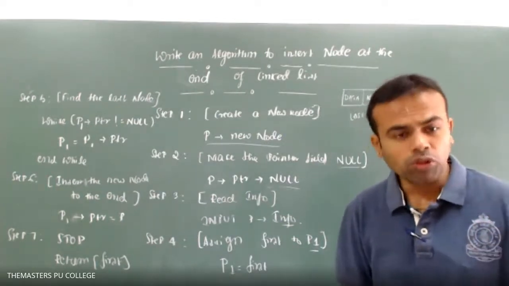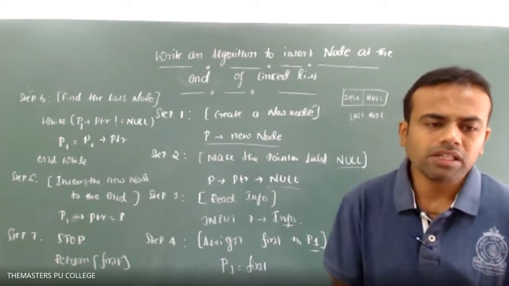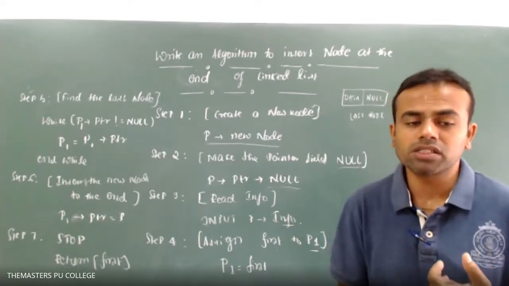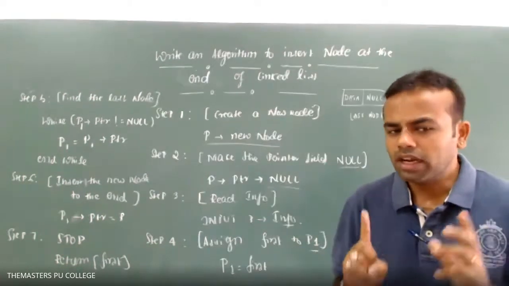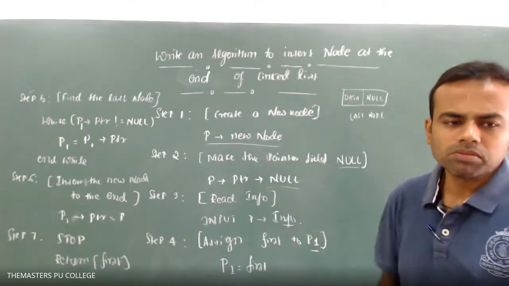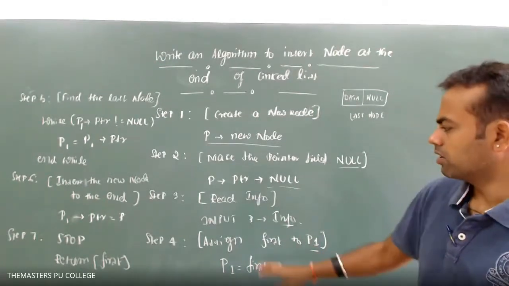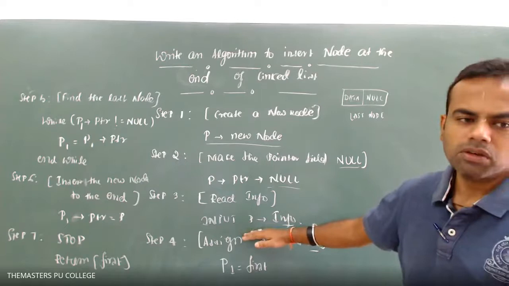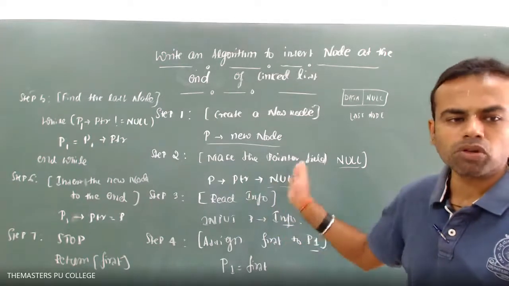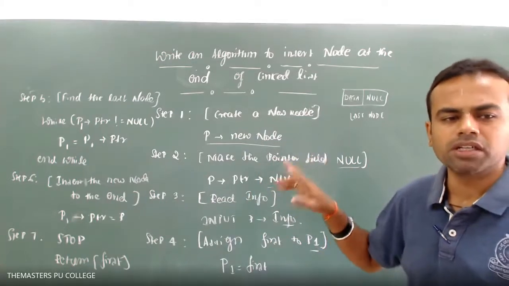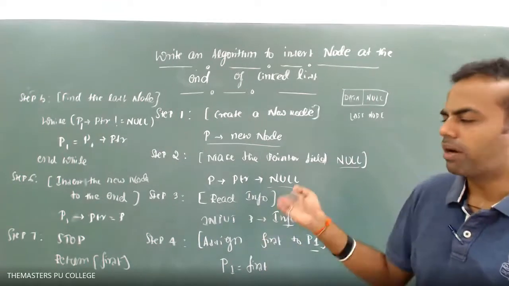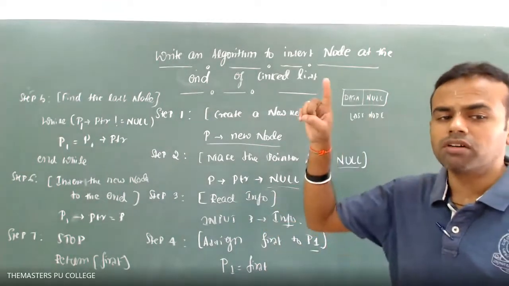Right? So inserting the node at the beginning of the linked list and inserting the node at the end of the linked list, you must write these two algorithms and practice. Is that clear? Until this, both are common steps. Until step number 3 both are common, inserting a node at the beginning and at the end of the linked list. And then the remaining thing will be the first node, where we insert,